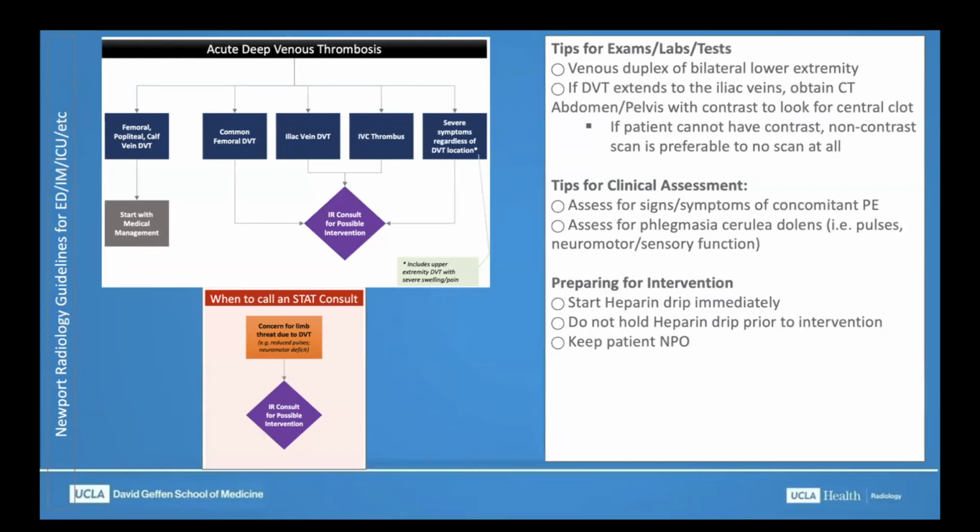So someone comes in with a DVT, do all patients need to come to us? No. If they have femoral popliteal calf DVT, they typically just get medical management, right? You typically get a duplex ultrasound, you take a look at the patient. If you think that on the duplex, there might be extension of clot above the common femoral vein, then typically we would request a CT venogram if we really think that there's iliac vein extension,